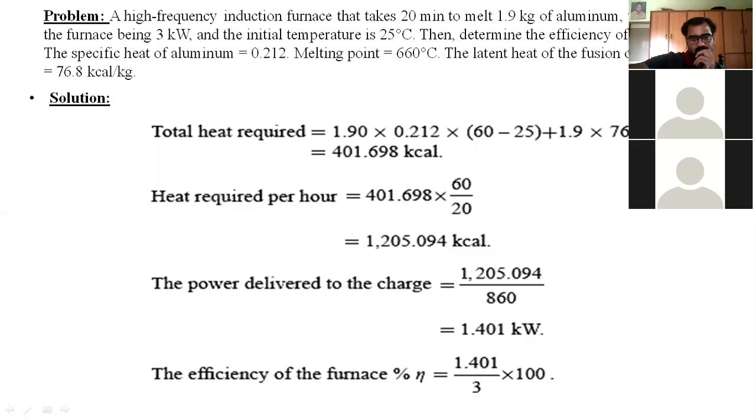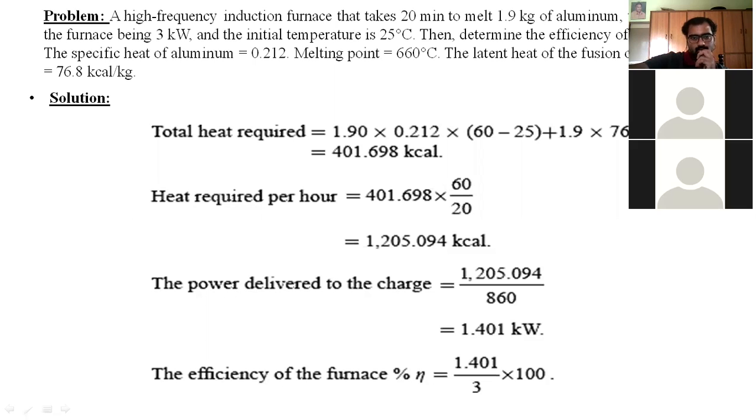Okay, please check out this problem. I will post this problem and solution in this WhatsApp group. Up to this we are going to wind up this class. I will give some more problems with solutions regarding dielectric heating and some problems regarding resistance heating. We have seen all those things earlier, but I will provide a material with some more problems. These are some outline problems showing how they are going to be asked in your end exams, and how the solutions have to be made while solving these types of problems.